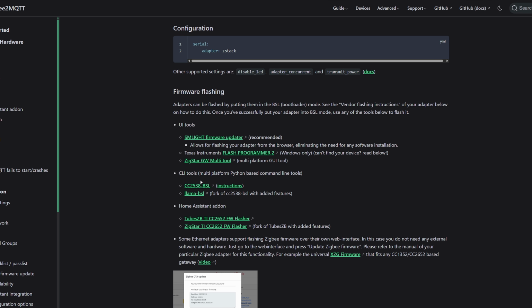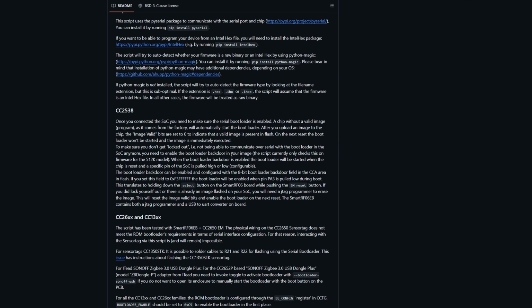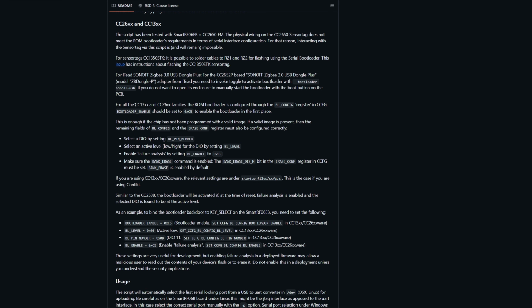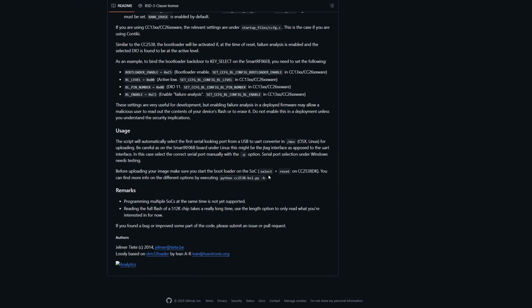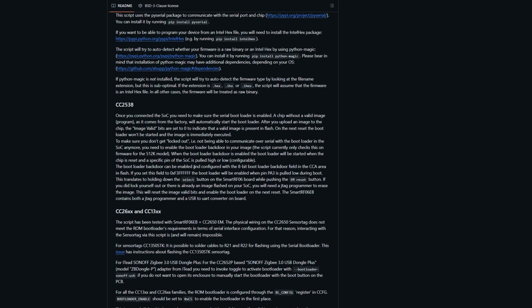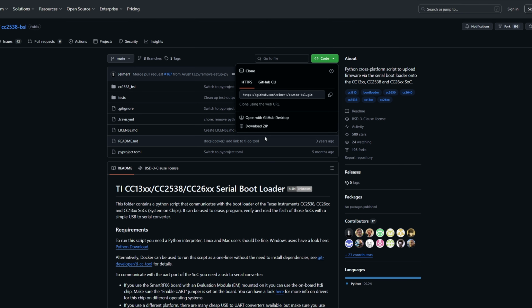So you go to this repository, where we've got some parameters. I will share the commands to do everything in the description, but generally we just download the zip,